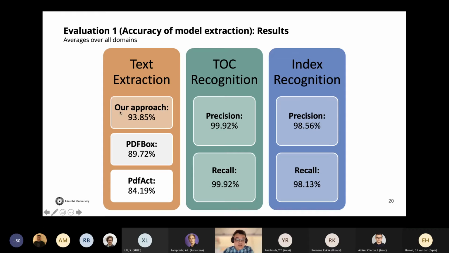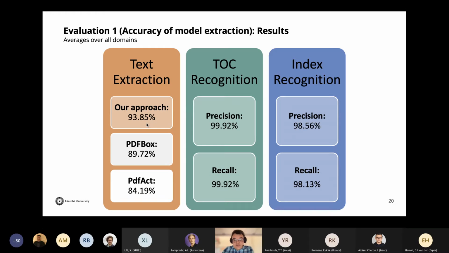text. And why is the number here not 100%? Well, the main reason is that we work with domains like statistics, and in statistics you always have tables, you have figures, you have plots, you have formulas, and in EPUB all these different elements are represented as graphics, but in PDF a lot of elements are represented as text, and this is the main source of this mistake. So this is why it's basically 94%, not 100%.